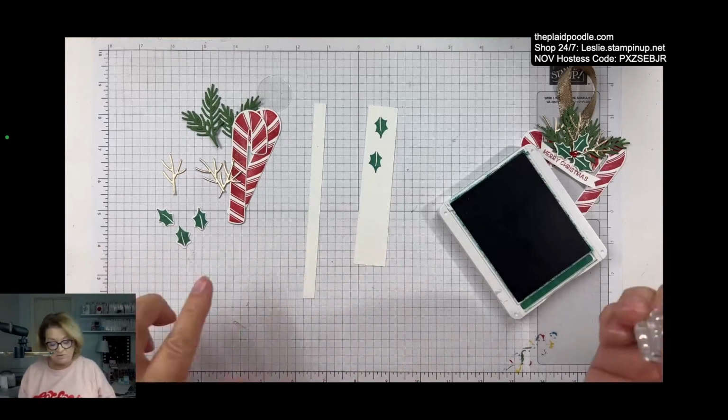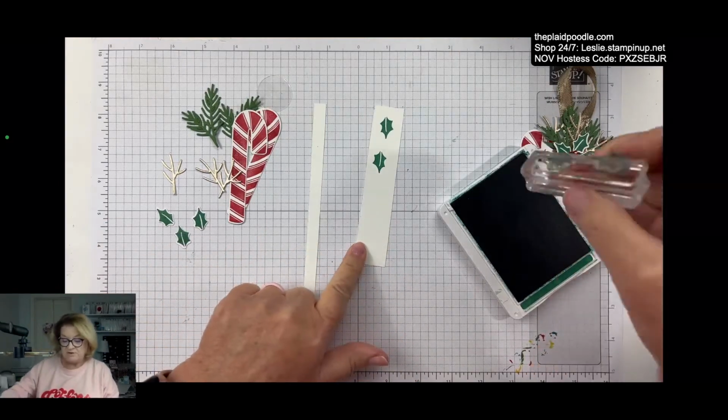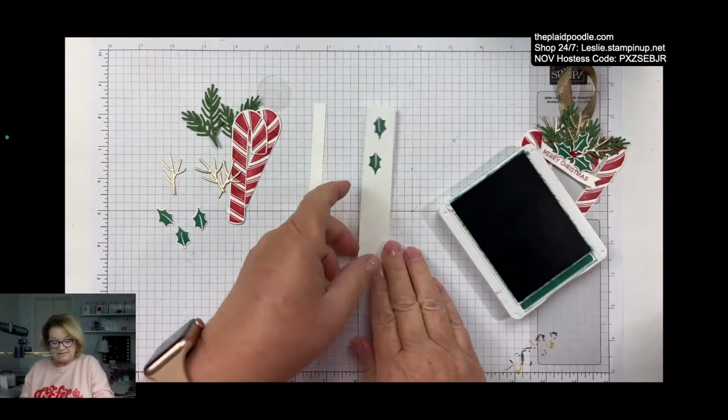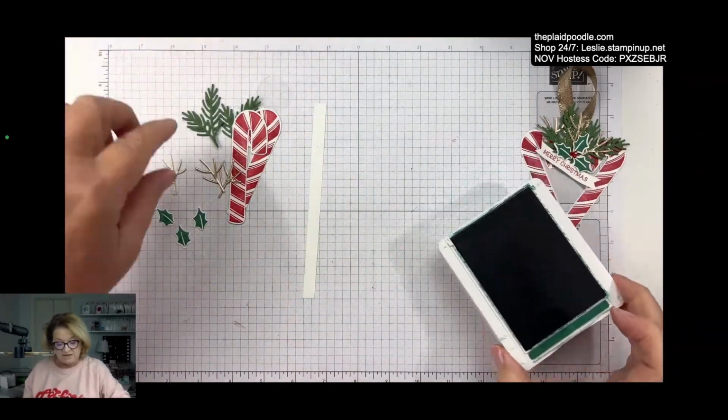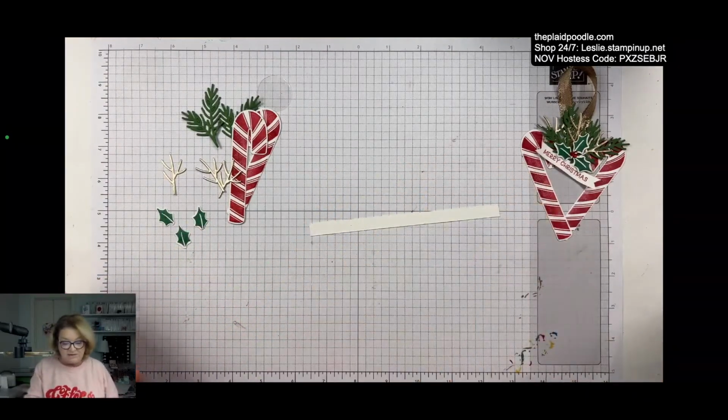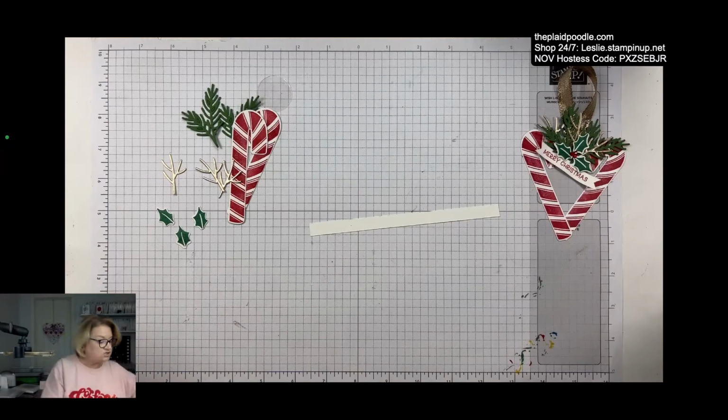And the combo, or the bundle, I don't know why I keep wanting to call it a combo. The bundle includes 2 dies, so that's nice. You can cut 2 out at a time, but I went ahead and did that ahead of time. And then I took a 3/8 inch